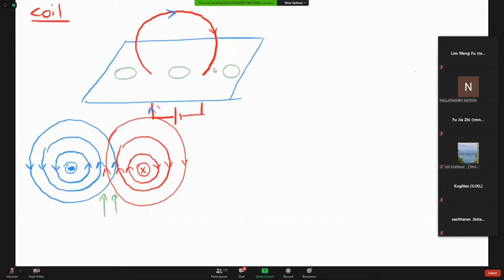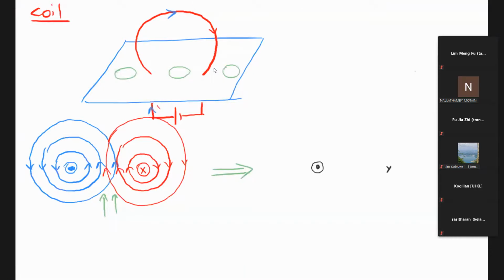So if you look at the center, what happened? It's the same direction. So the resultant magnetic field, that means the combination of both magnetic fields, will be like this. So here we put dot on the left hand side. So current is what? Out of the surface. And then on the right hand side is what? Current is into the surface. So because at the center it is in the same direction,